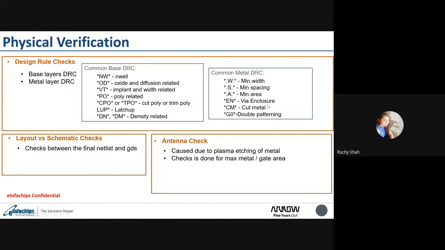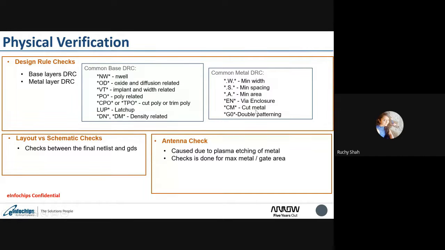We know that a via is used between two different layers of metals, like M2 and M3. If we want to connect M2 to M3, then we have to put a via there. Again, when we put the via, it should be enclosed on all four sides by the metal. If it is not following that, then we will see a via enclosure violation.